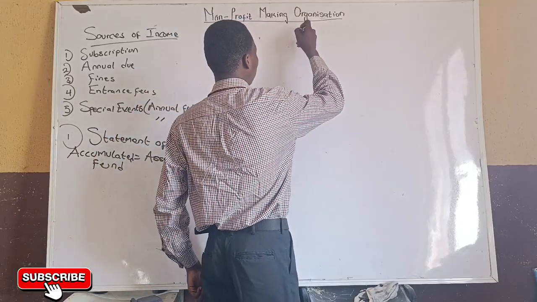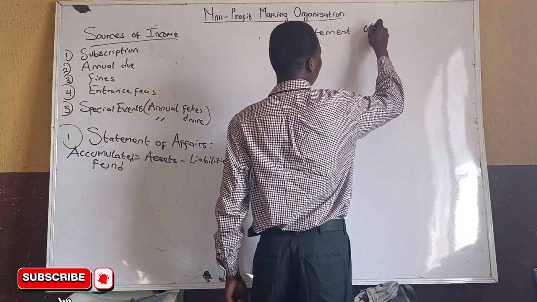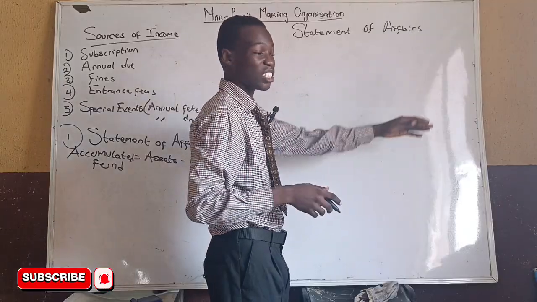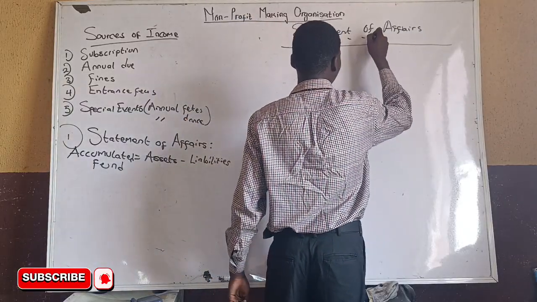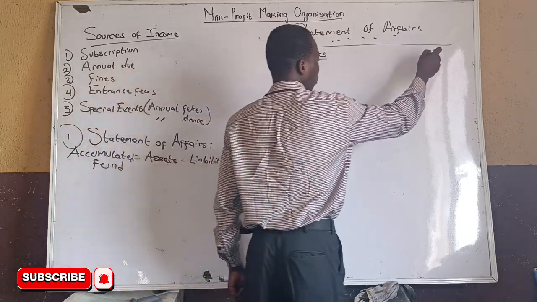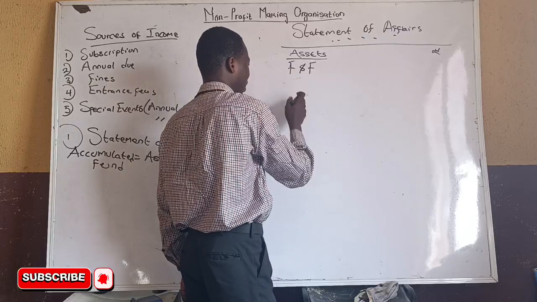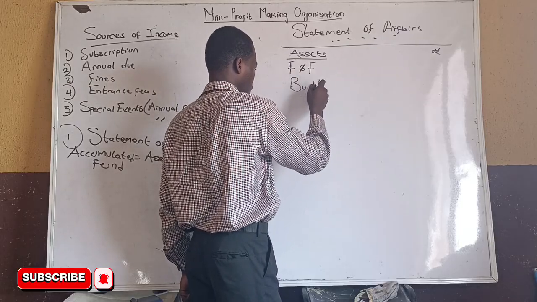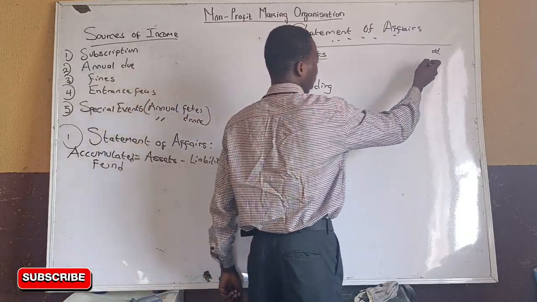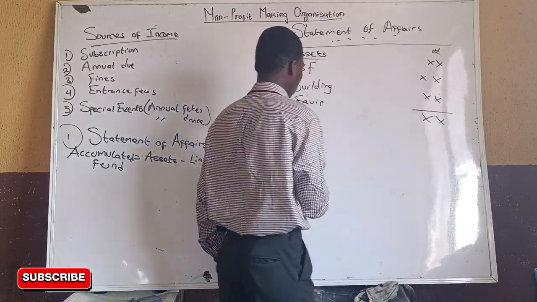Now let's look at an example of what I'm trying to say about this. Your statement of affairs. For the statement of affairs, don't forget you are going to write as at the date, and so on like that. So the assets, we are going to be using the vertical format. The assets, if you have like furniture and fittings, we have building and land, we have equipment. The amounts are going to be written here. These are the amounts, so the total amount, then less